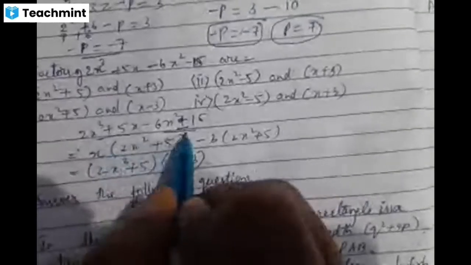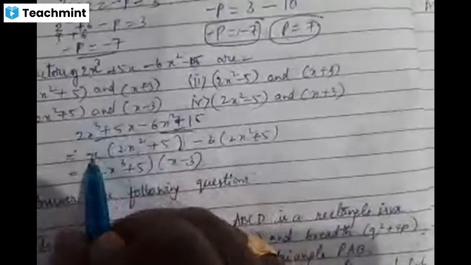In the brackets, we are going to write the left term here. That is 2x square. 2x square into x will be 2x cube. So I have taken x common and written outside the brackets. 2x square is left, plus x is taken out, so 5 is left. Close the bracket, minus 6x square minus 15. In this, what is common, children? 6x square and minus 15. Here you know 6 can be written as 3 into 2 into x into x and 15 can be written as 3 into 5.